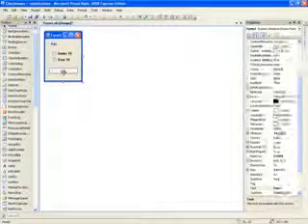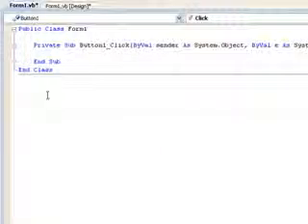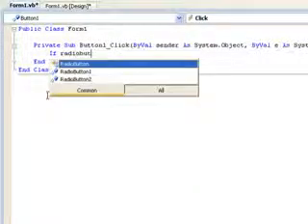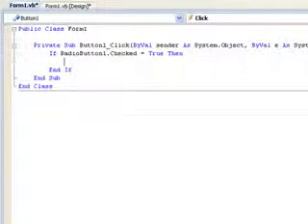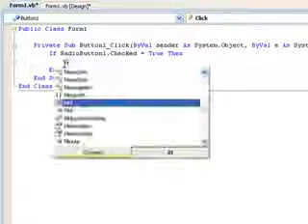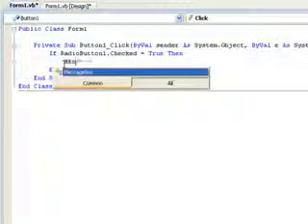So we'll double click the age, and this is where the if statement comes in. We're going to type if RadioButton1.Checked equals true, then, and you should know this, what if statement means and what the end if means. If you don't, watch the if statement tutorial, but this is pretty basic stuff here. So if RadioButton1.Checked equals true, then we're going to MessageBox.Show you are under 16,